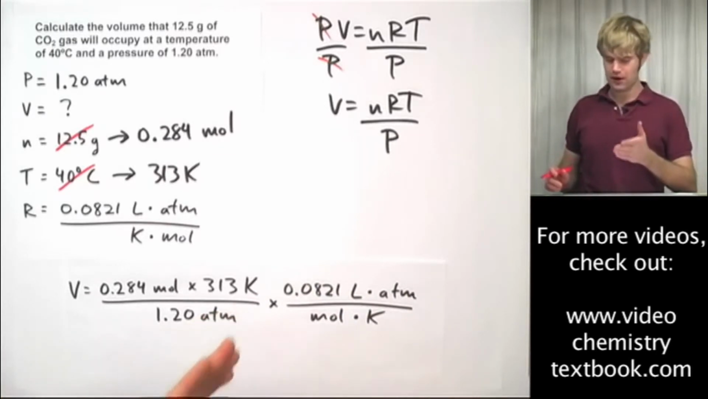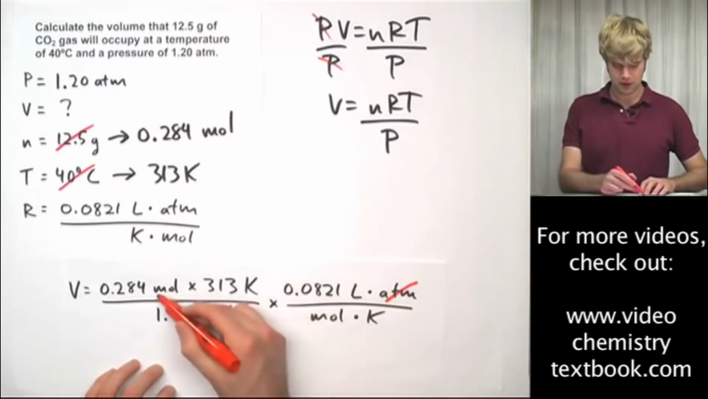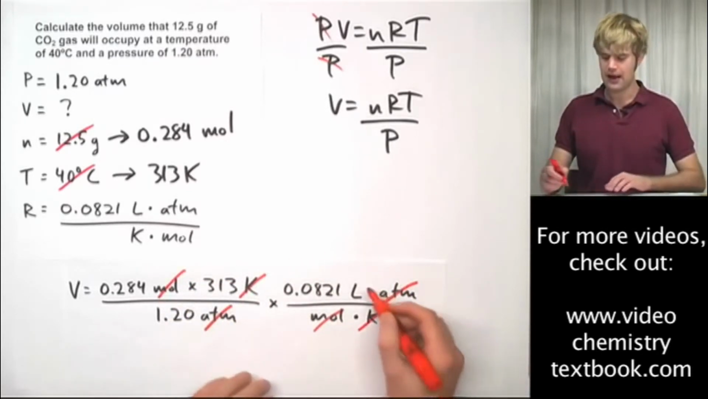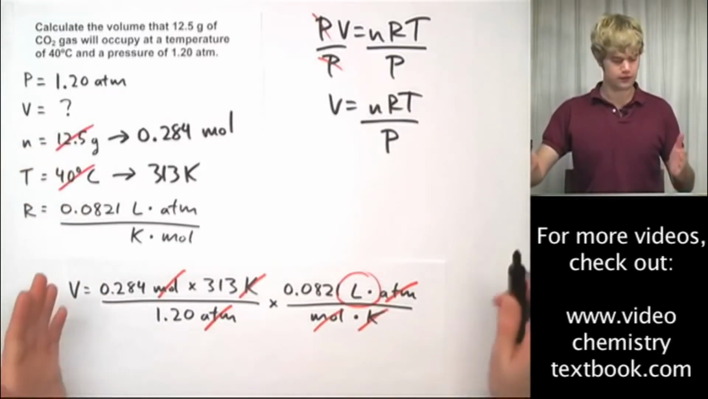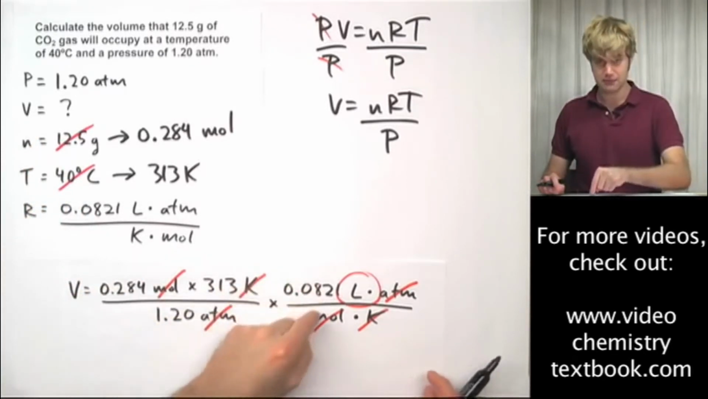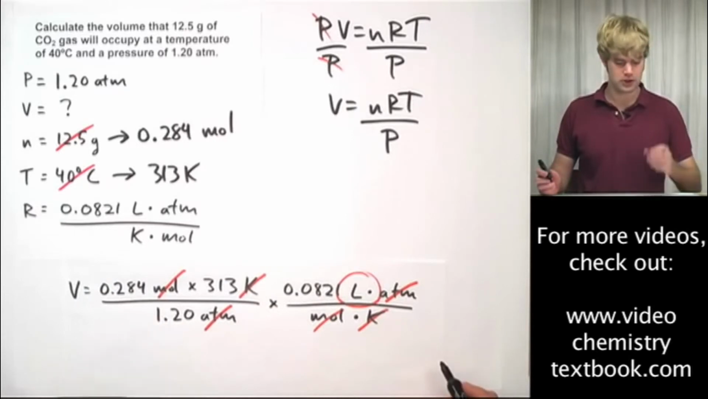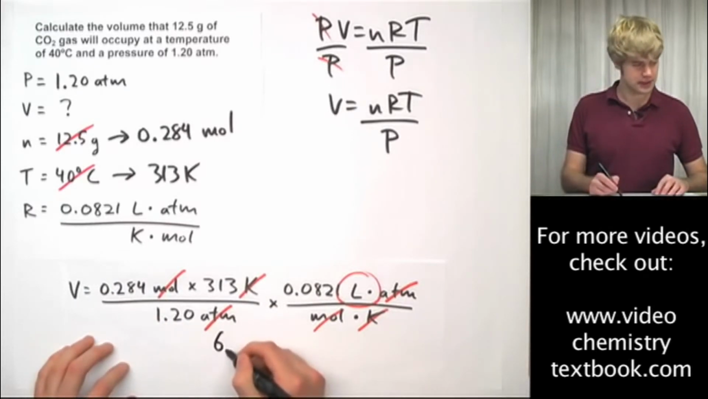Now let's go and cancel the units. atm's here, atm's up here, moles here, Kelvin there, which leaves me with liters, which makes sense since I'm solving for volume. Now the math I'm going to do is this times this times this all together, then divided by 1.20 atm. And I'm going to get